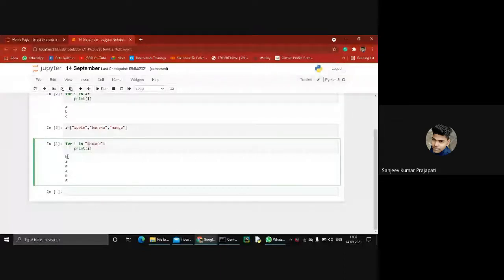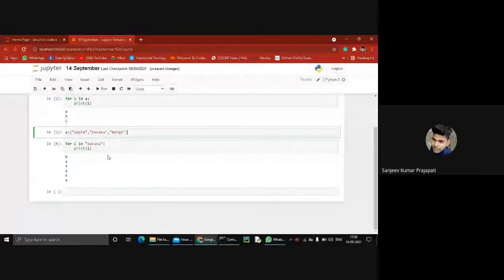Then again I is incremented. The value of I is one. Then we print a. Then again the value of I is incremented to two, and it prints n. And so on, repetition. Okay, so now it's clear how the for loop works.